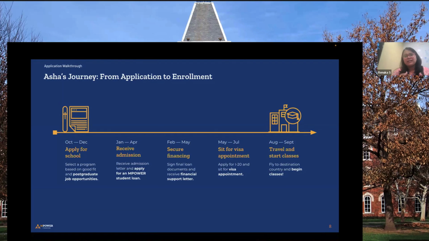And the second bracket of months is January to April, which is this year. Acceptance, receiving letters starts to happen. Now the plan is you start shopping around. We suggest you start your Empower application as soon as you receive your admission letter. You're guaranteed to hear by March, April, but you will likely receive a decision earlier.